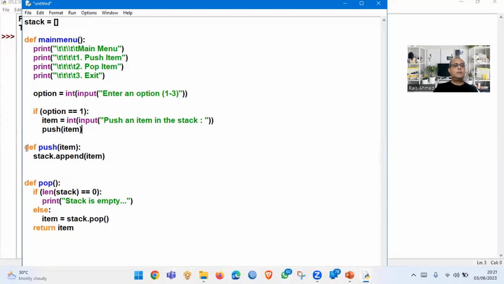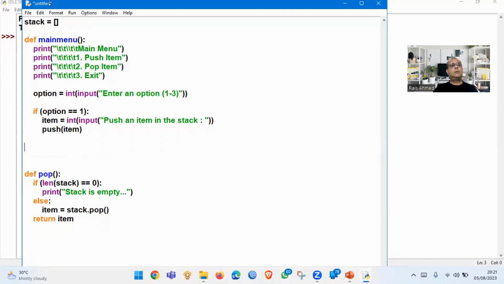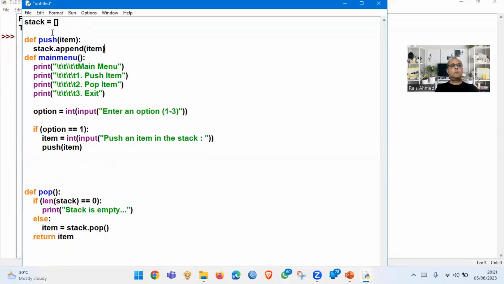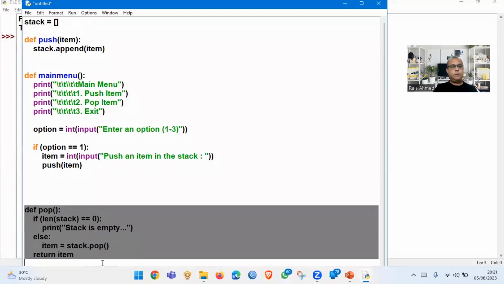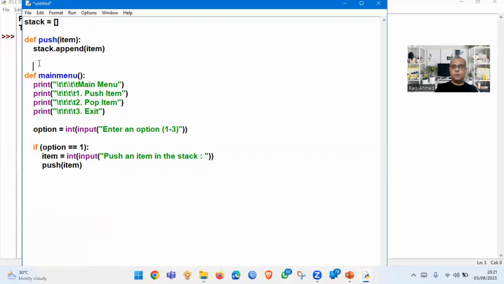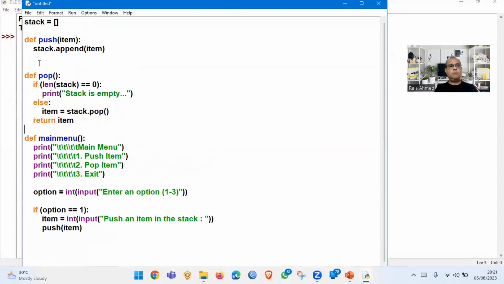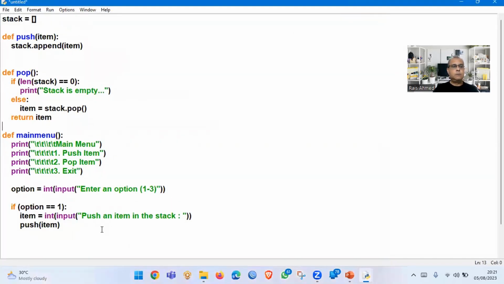Now this push function has to be transferred above main menu, and I'll shift this pop function above the main menu. So when we run the main menu, these functions should be available. Okay, so push, if option is equal to